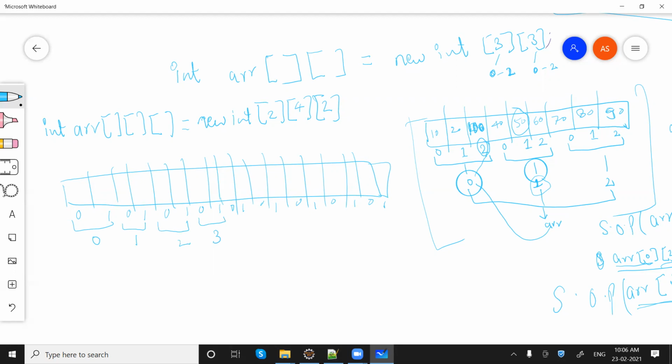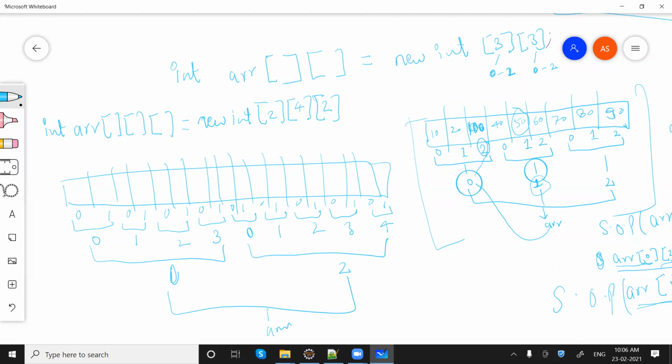Okay, so we have covered 8 elements. Getting my point? Then again 0 1 2 3 and 4. How many of this type? 2, 0 and 1, and this complete thing is called an array.